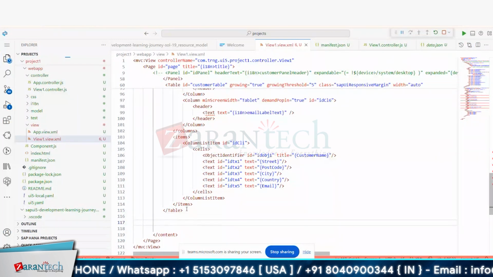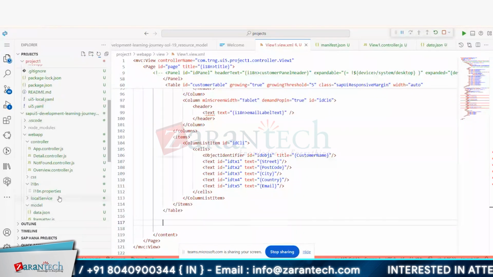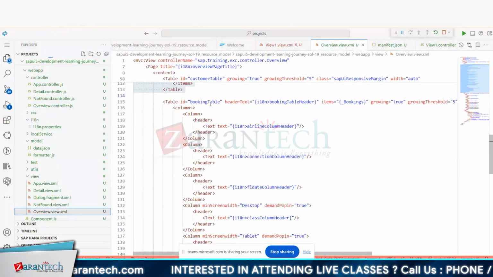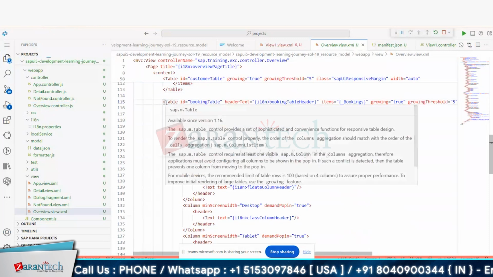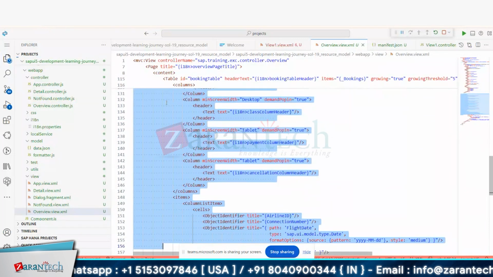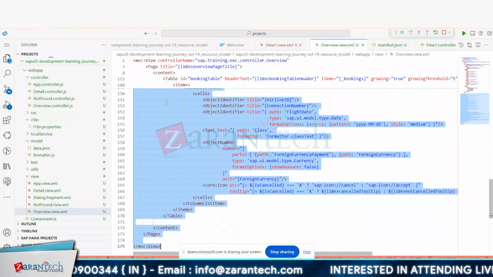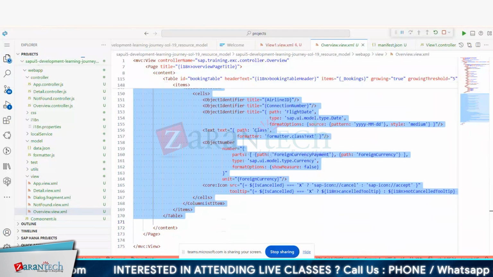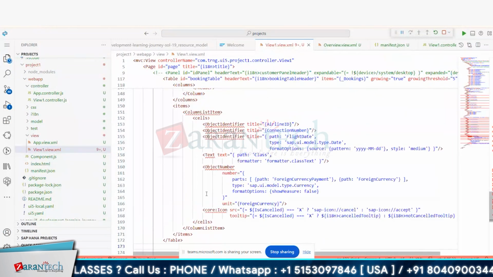So I need to create a new table. Let me see the code. I'll copy the code of the table. You can see that the table is also there. So I will copy this one. It's there in the code which I told you, right? I'm just copying the second table. Let me put it in the view. So I have copied